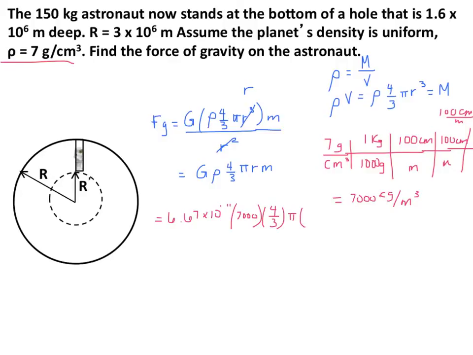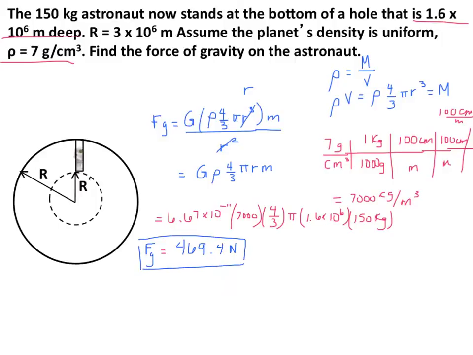The distance from where the center of mass is to where we are is 1.6 times 10 to the 6th. And then the mass of the astronaut was 150 kilograms. 469.4 newtons is our force of gravity